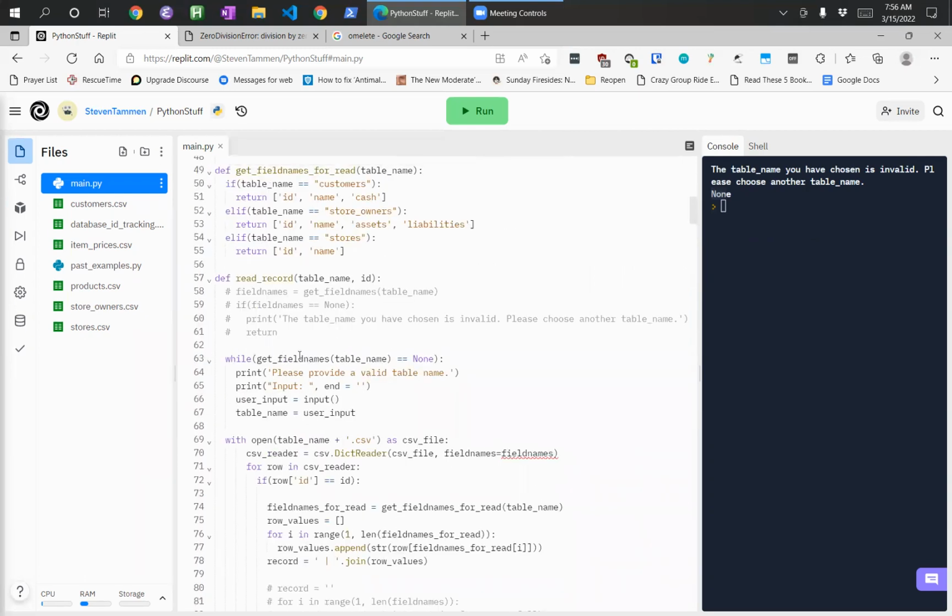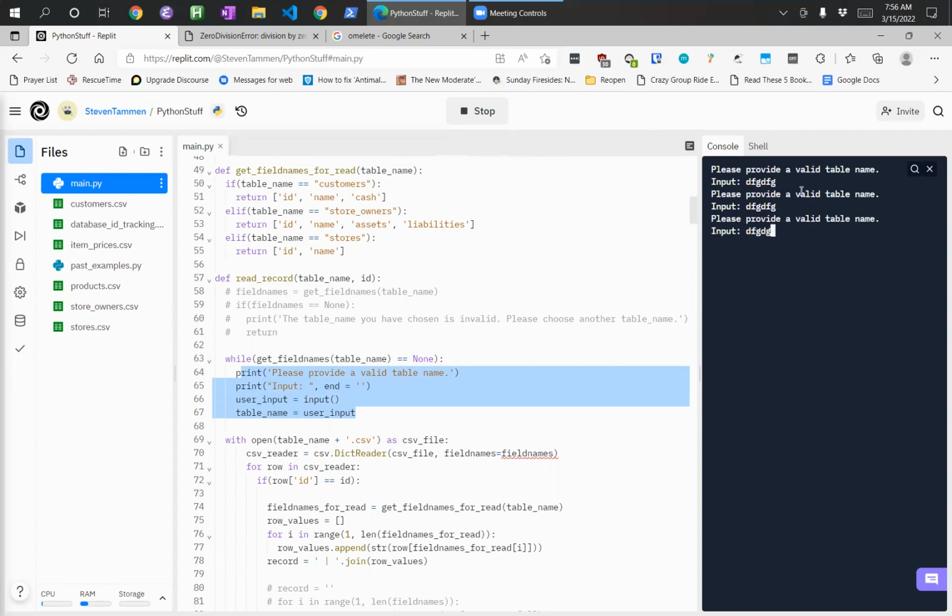So get field names of stars should return none. We shouldn't get anything here. Okay, so that's why we jumped into the loop, right? And if we give it bad stuff, it's going to keep telling us, please provide a valid field name, right? Now, if we give it stores,